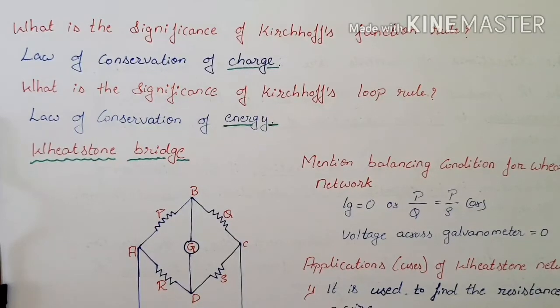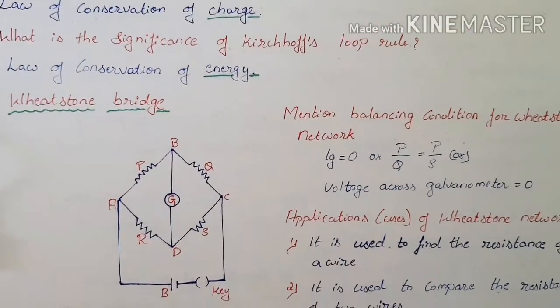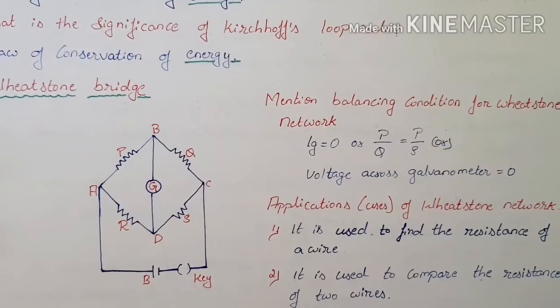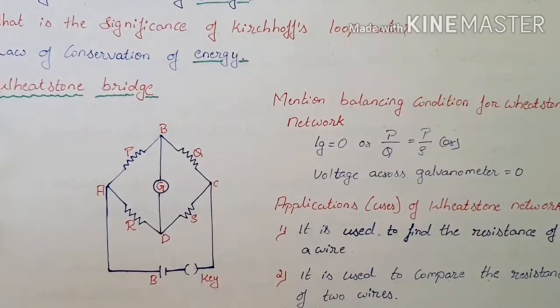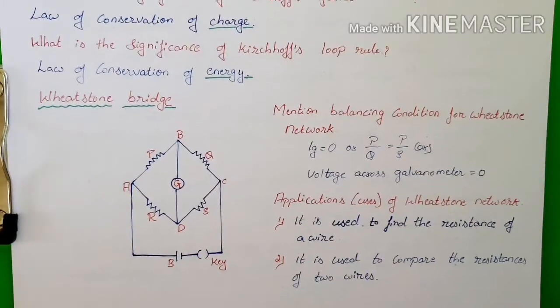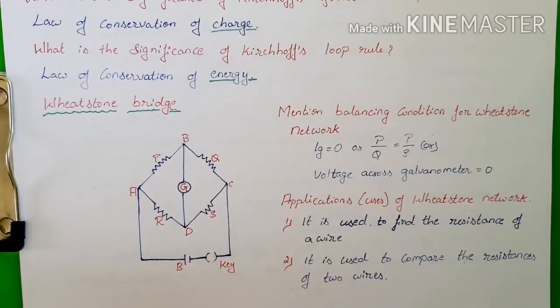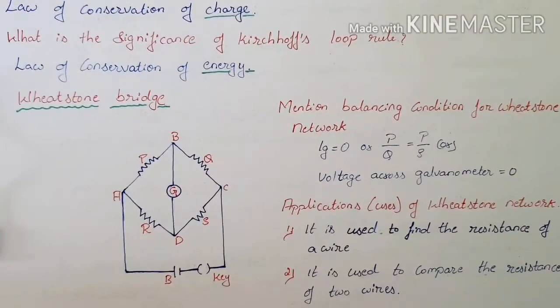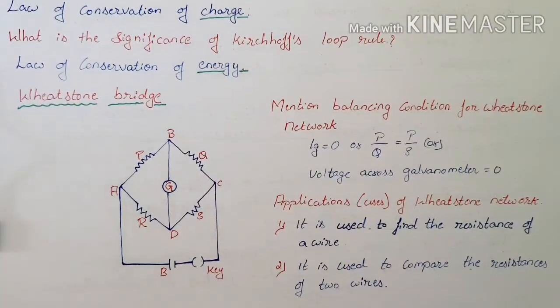Okay, now by using Kirchhoff's rules, we are going to understand the Wheatstone bridge or Wheatstone network. It is a setup having 4 resistances in 4 arms. You can see it in the picture, and the practical form of the Wheatstone network is the meter bridge. We use the meter bridge in practicals for nearly 6 to 7 experiments, to find out unknown resistances, to find the resistivity, and to verify the combinations of resistances.